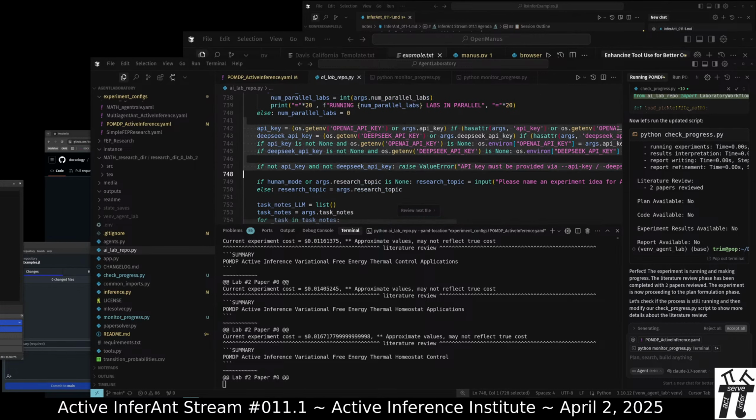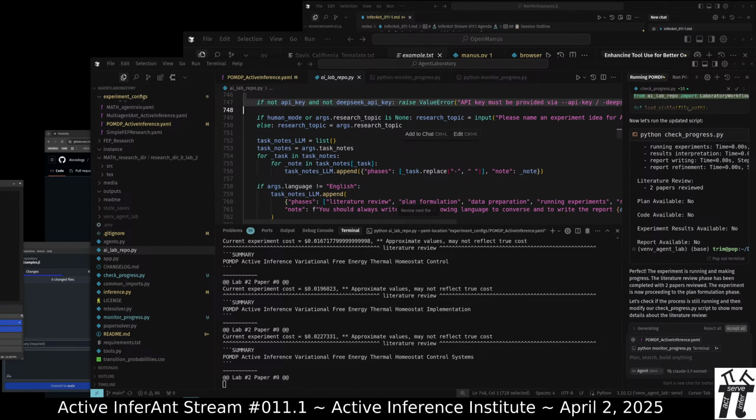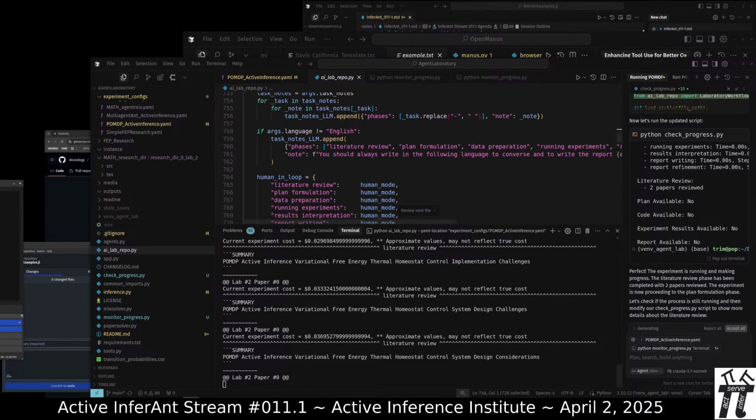Getting the API keys from the YAML, whether the OpenAI key or the DeepSeek key. Has a logic for if it's in the human interactive type mode, asking questions, or whether it uses the YAML information. Language.